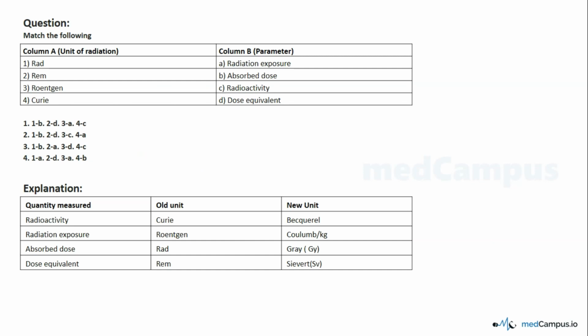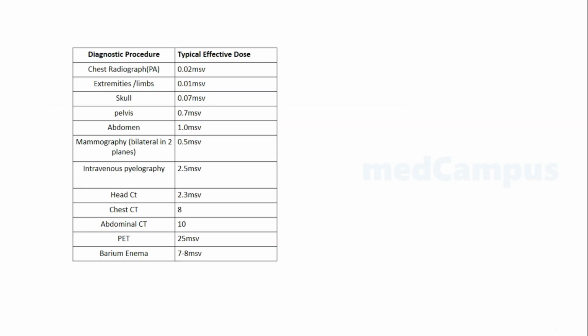or radiation dosimetry. Now, meanwhile, we also need to understand the typical effective dose of different diagnostic procedures, because sometimes they might ask a question in the ascending order of which is least harmful, which is most harmful when it comes to the investigation, that is diagnostic perspective. So you also need to please take a look at this table and try to understand it. One thing is clear, PET-CT is more harmful, and chest radiograph or X-ray of the femur and all, they take less radiation. And next thing,